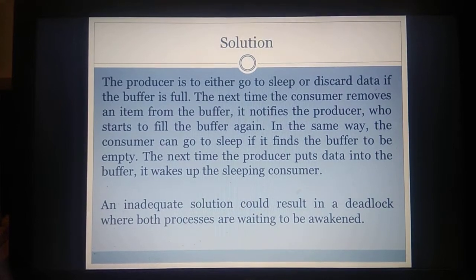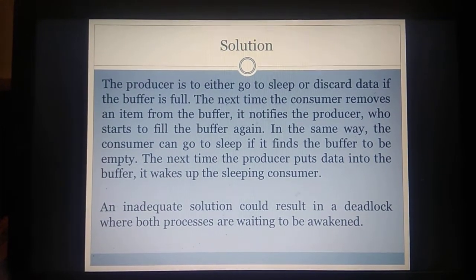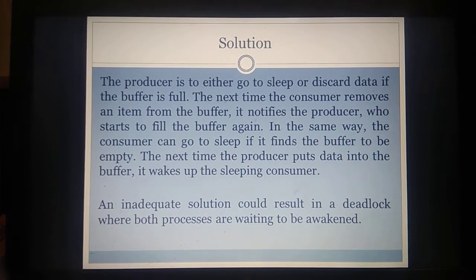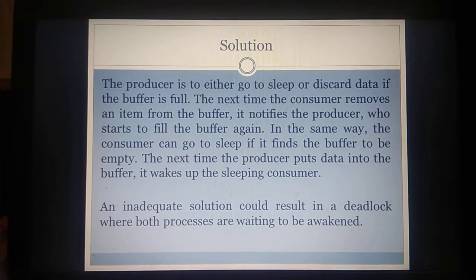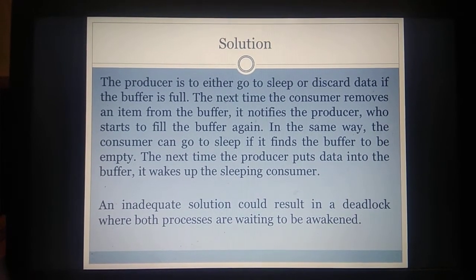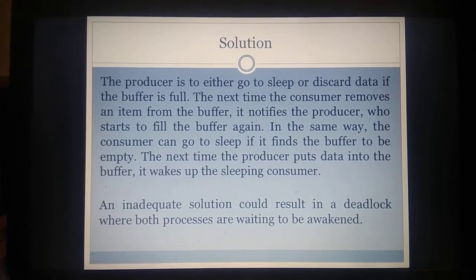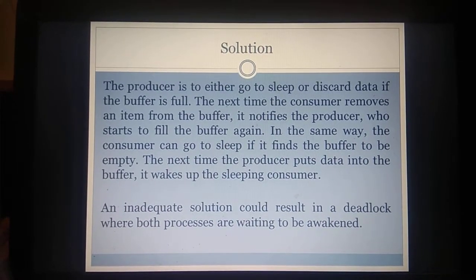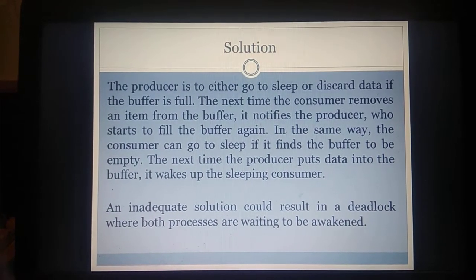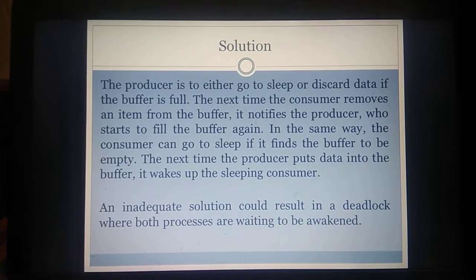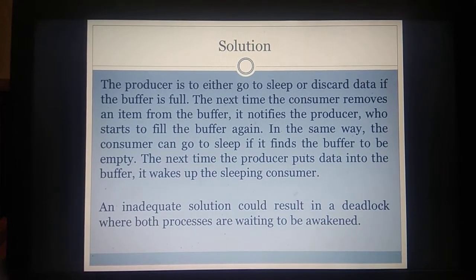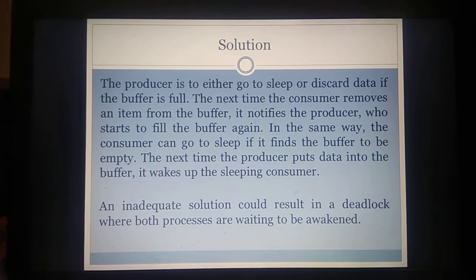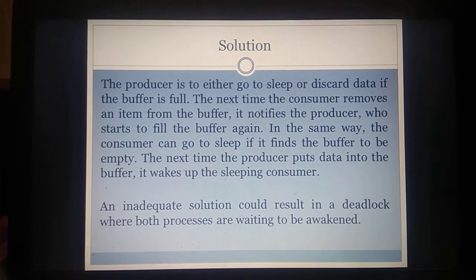Solution for this: the producer either goes to sleep or discards when the buffer is full. As I told, the producer has to wait or be discarded when the buffer is full. The producer will not be allowed to fill any data when the buffer is full. When the consumer removes data from the buffer, the producer will be notified to fill the data.